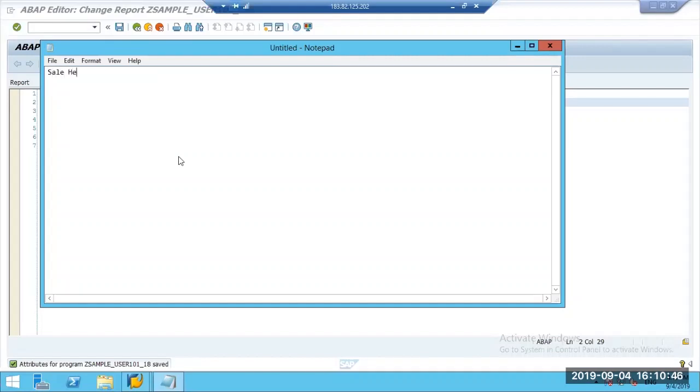sales header details will be VBAK and item details VBAP. So these are the two tables we'll be having, like EKKO and EKPO. This is the header VBAK and VBAP is the item. So now in our program, from VBAK we are going to get the data. For that, the selection string is going to be